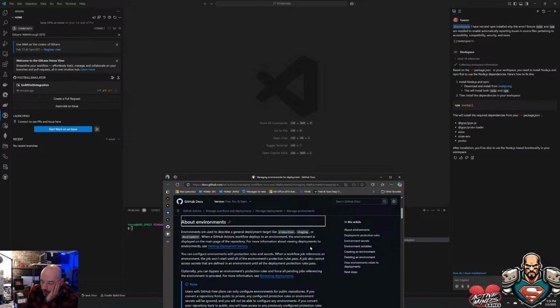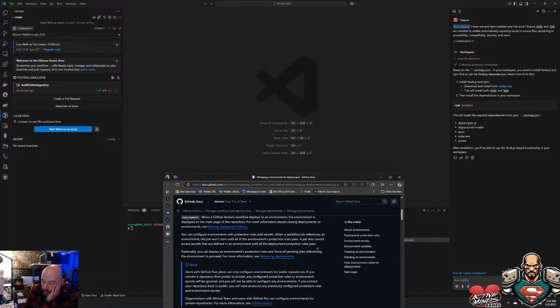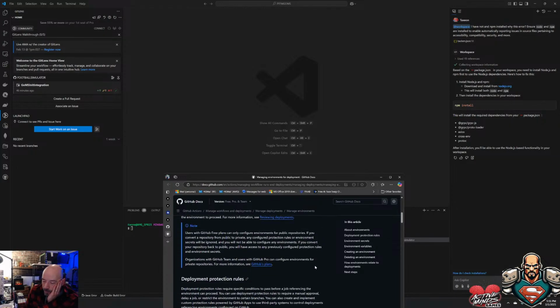Environments are used to describe a general deployment target like production, staging, or development. When a GitHub Actions workflow deploys to an environment, you can configure environments with protection rules and secrets. When a workflow job references an environment, the job won't start until all the environment's protection rules pass. A job also cannot access secrets that are defined in an environment until at least the deployment protection rules pass. Optionally, you can bypass environment protection rules. Users with GitHub free plans can only configure environments for public repositories. If you convert a repository from public to private, any configuration, protection rules, or environment secrets will be ignored and